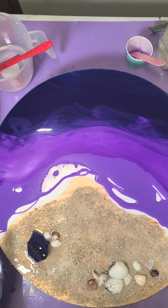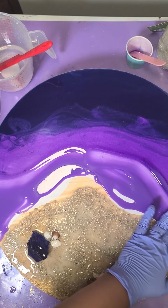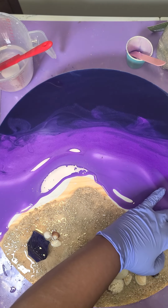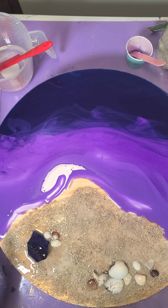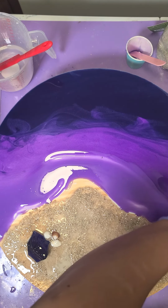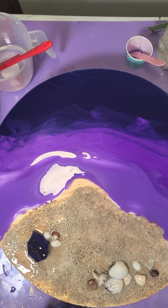But in comparison to the other two, I wanted it to be like an ombre, pulling from the deepest color to the lightest. But I went through with it still, so I'm just spreading the resin around, making sure it covers all the parts. And I am mixing it between the three. I do still want some of that deeper blue to come down to this level, mixing it through so it doesn't look too color blocky or too structured. You want it to still be like a beach or ocean, just where it's